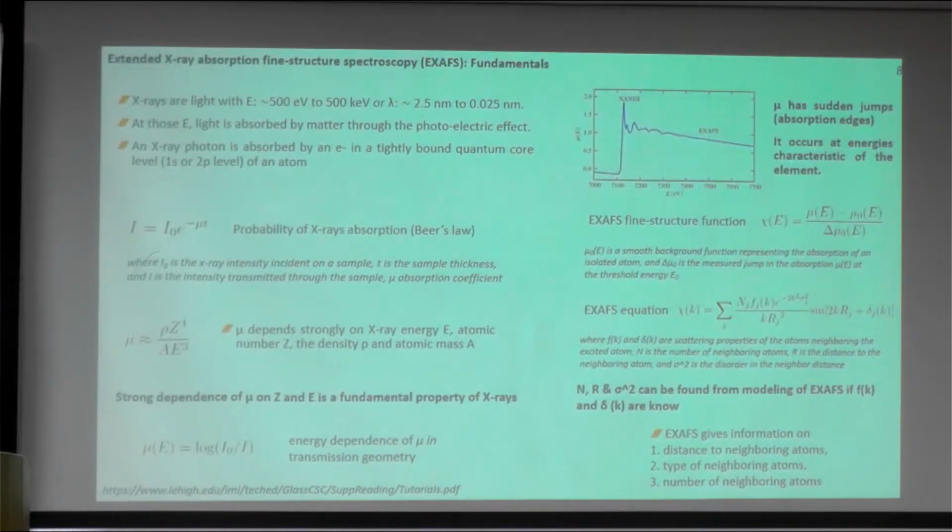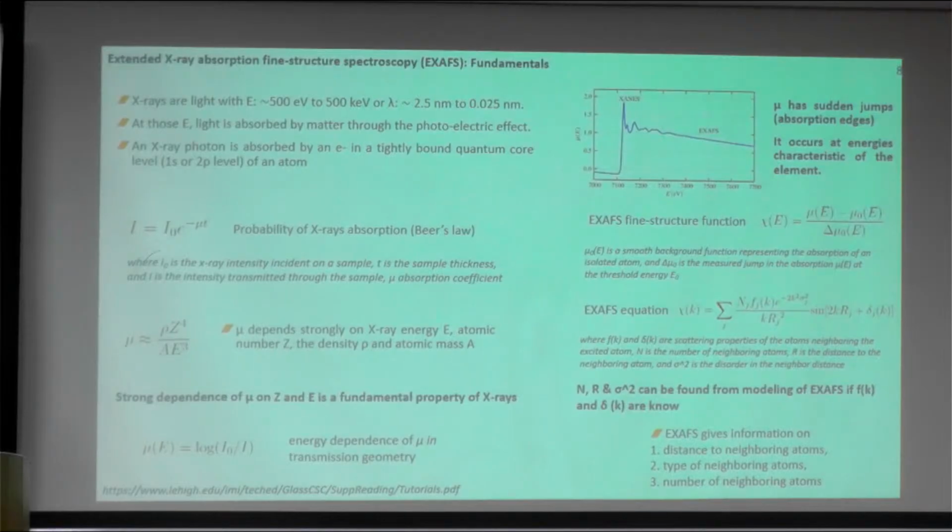Extended X-ray absorption spectroscopy technique. It's also an X-ray based technique, and in this method X-rays are absorbed by electrons in an atom, thereby emitting photoelectrons which are internally diffracted by atoms surrounding the absorbing atoms. So this is one of the first techniques which was applied to study the amorphous structure of